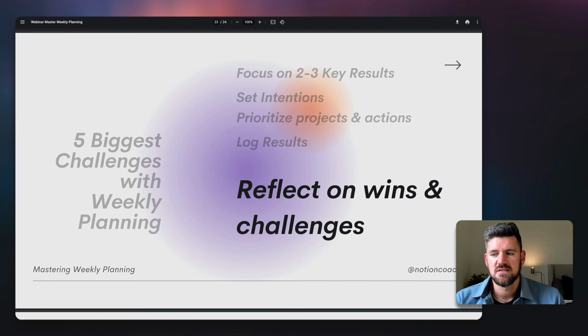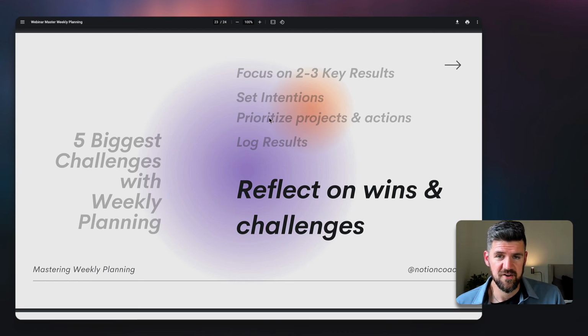So key things that I want us to leave with are, where we've had these challenges, these could work to our advantage. So if we focus in on 2 to 3 key results per week, where do we want to move the needle for this week? And if we haven't set up key results, I would suggest just experimenting with it, see if for quarter 2 we can set up 3 objectives and key results for each objective to get more specific with our goals. Setting intentions, prioritizing what projects we want to take on.